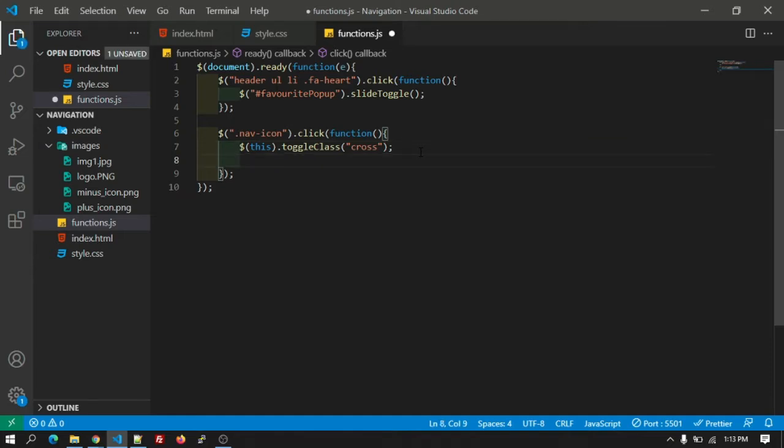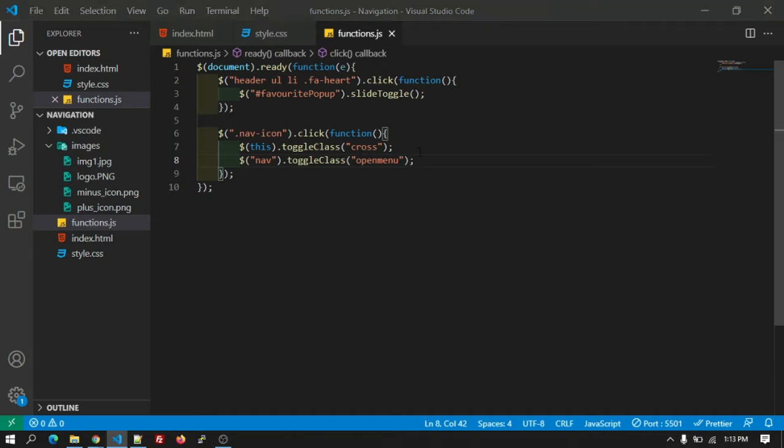Okay, after that let's give the class to the nav tag and the toggleClass, and the class will be open menu. So after clicking on the nav icon, the menu should also show, right?